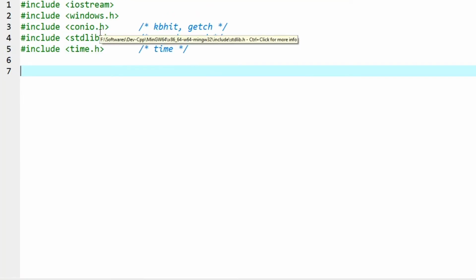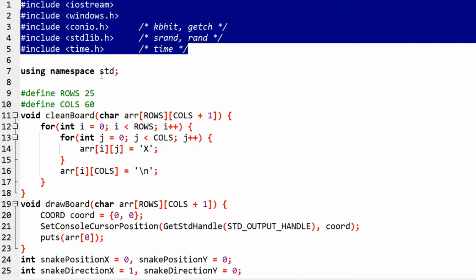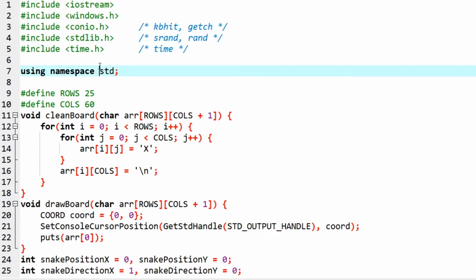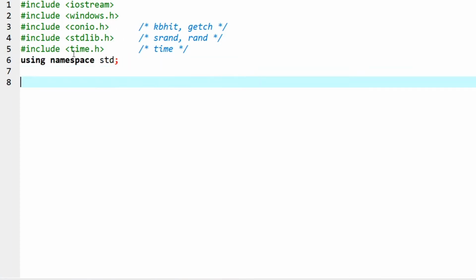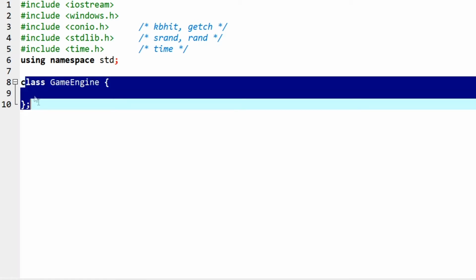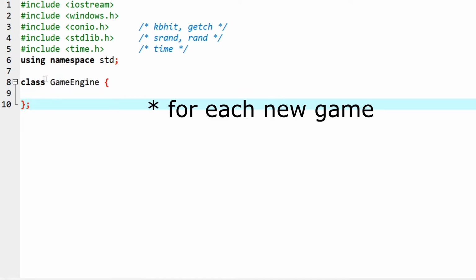Before, I had some global variables and an update function for each thing, right? But now I want to have something that automatically does all of this. If you are familiar with data structures and object-oriented programming, you should already see some optimizations that I can do here. So for starters, let's make a class, right? This will be our game engine. It will handle all of the drawing and all of that. We shouldn't be manually changing this. Once this is done, this should be done, right?